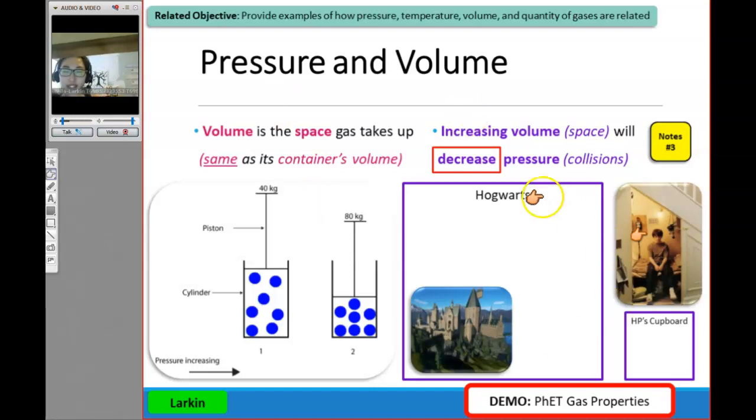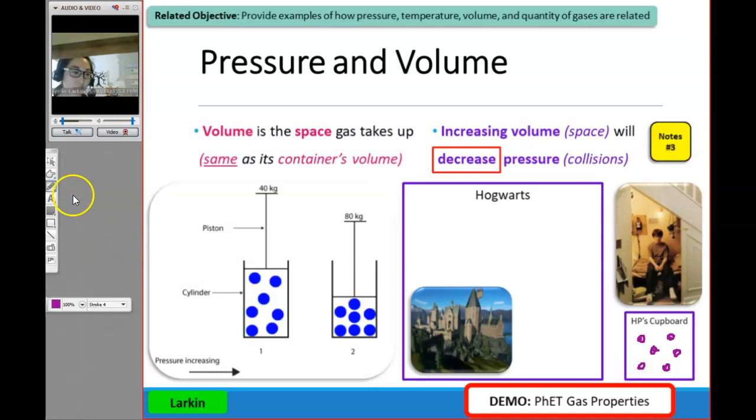Now, if we were to take those 6 friends and stick them all into his cupboard, okay, so let me go ahead and draw this in here. Oops, sorry, my daughter is climbing on my arms. Let me go ahead and put them in here. All right, so we've got 1, 2, 3, 4, 5, 6.